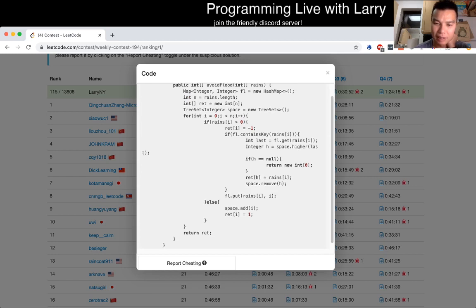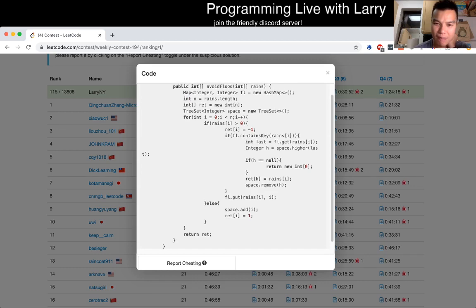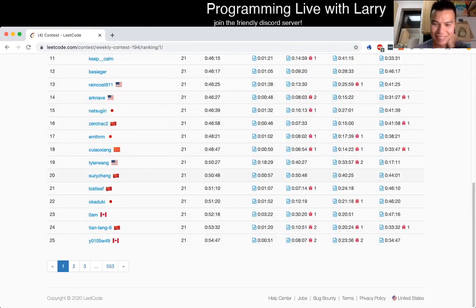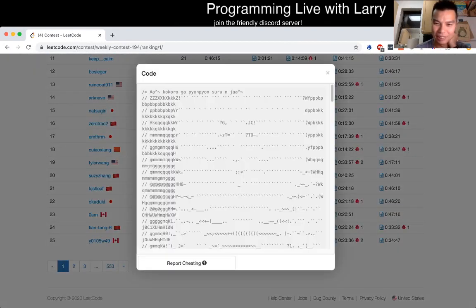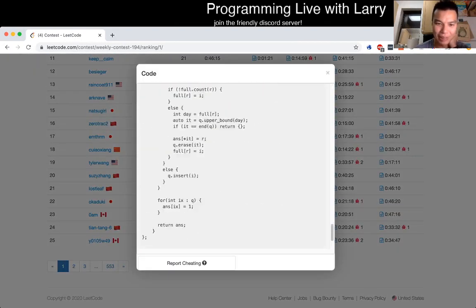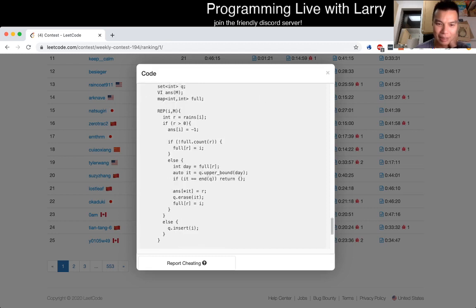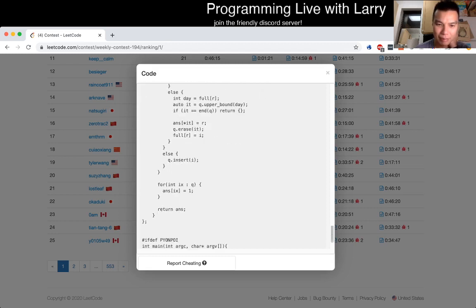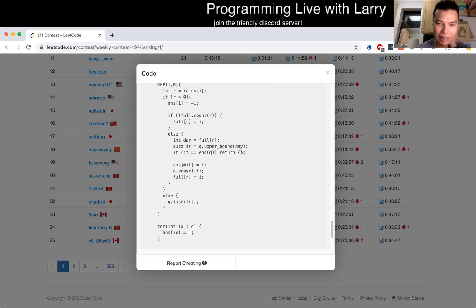Oh, I see. I guess. I'm not sure I understand that one, to be honest. Kind of, maybe. I get the idea what they're going for, but I think I'm missing some intuition here. There's some beautiful ASCII art that we're going to skip. I think this uses the same technique that they did, but